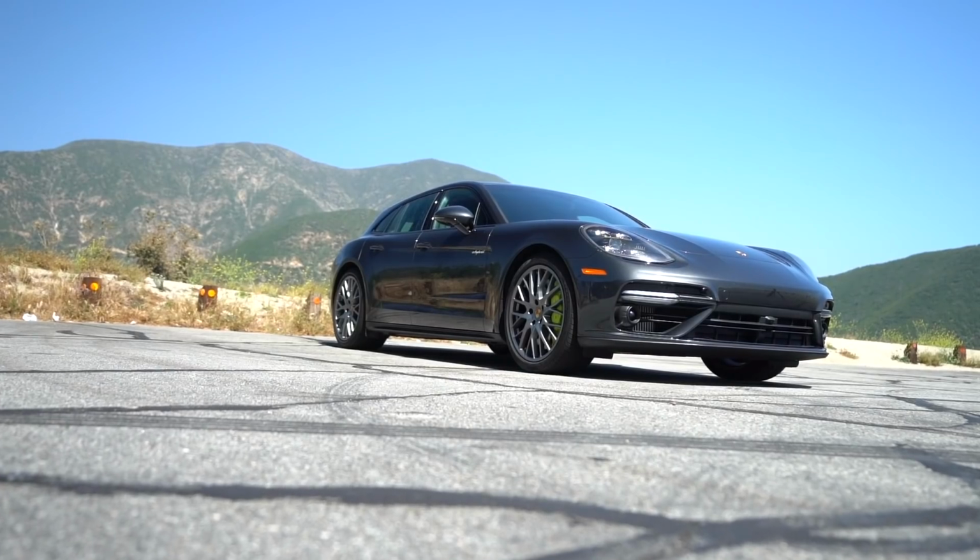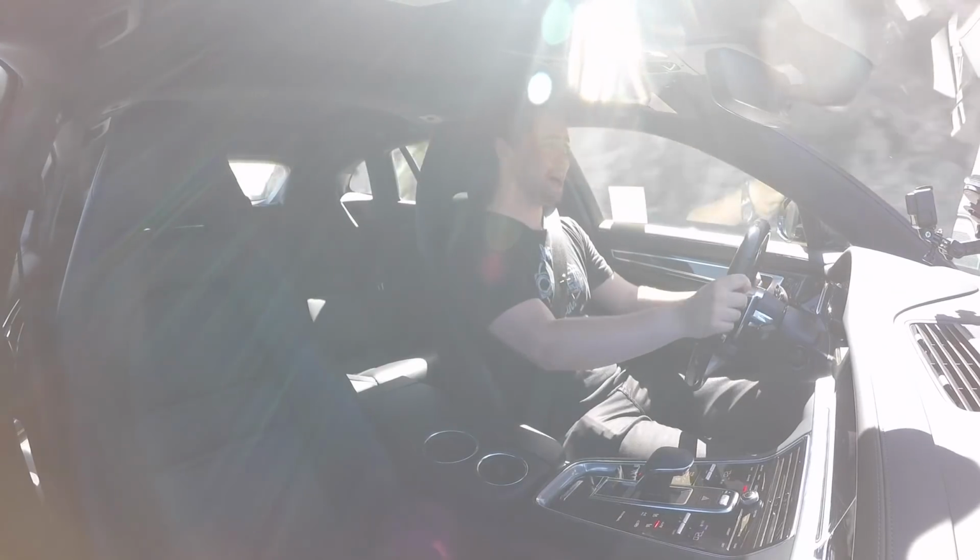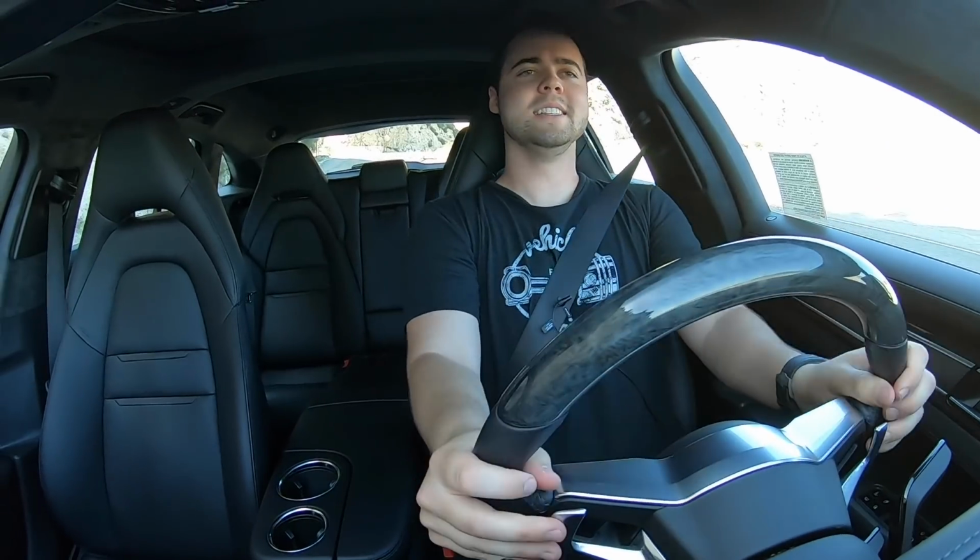Then the acceleration after the launch is of course impressive as well. Oh my gosh, the mid-range pull in this is unbelievable. It just keeps on going. Passing power, passing isn't a problem in the Porsche Panamera Turbo SE Hybrid. Wow. That launch was unbelievable. The next insane feature